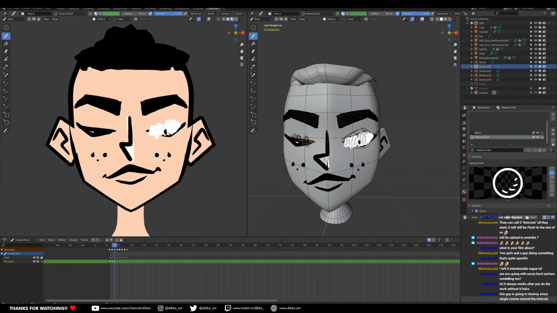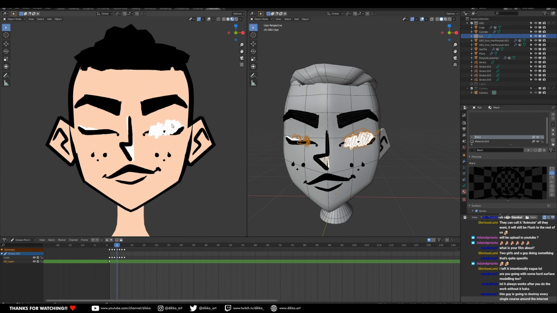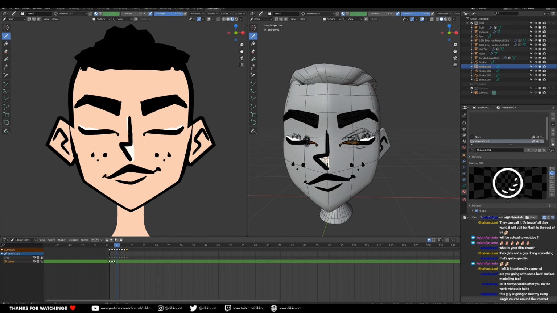But it's working on the other eye, so I can only assume that I must have been drawing on the wrong layer there. So what's this layer here? Ah, yeah, I was drawing on the wrong layer there. I'm going to turn that off. Go back to my other eye. All right, there you go. Draw. And this is why it's important to label things. I mean, honestly, I'm doing a pretty poor job here of labeling things, but